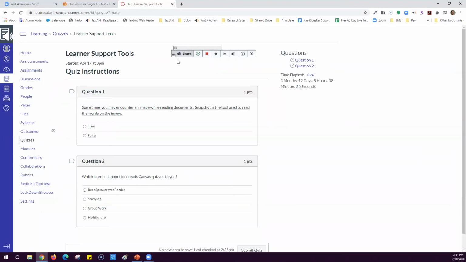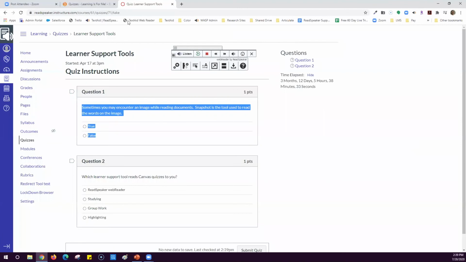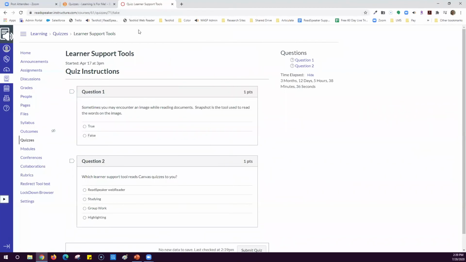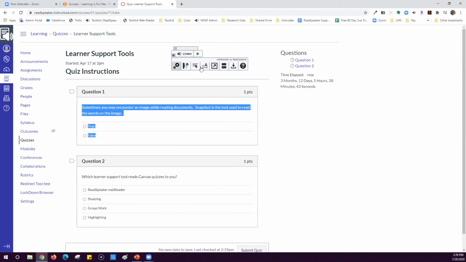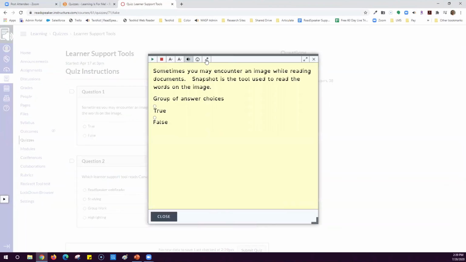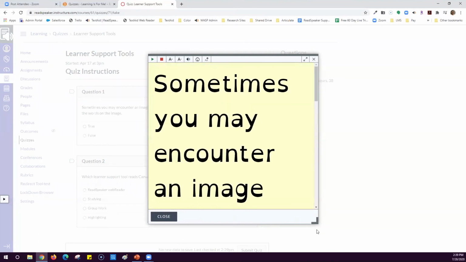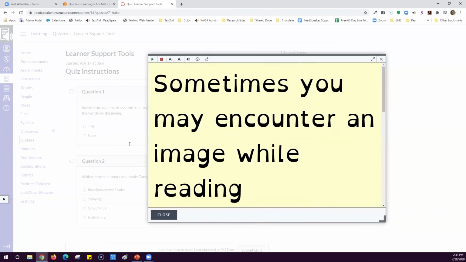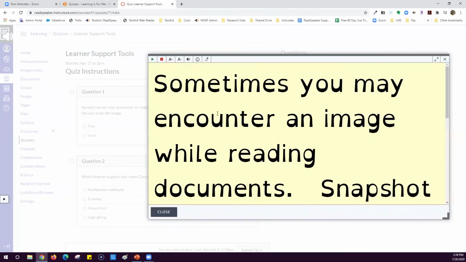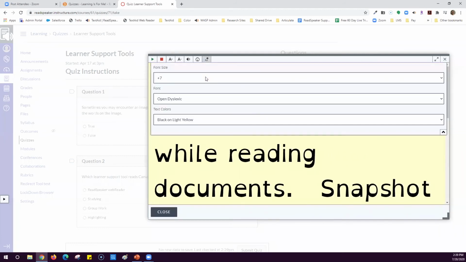Okay. That's a good question. So I was thinking in the simple view, to where if they change the font, let's say they change it to Open Dyslexic, they would still have the ability to increase the font. Correct. You can do it there. You can pull this up. Yeah, you could pull it up to a +7 and really expand out this box some. I don't know that I'd want to pull it up that high.